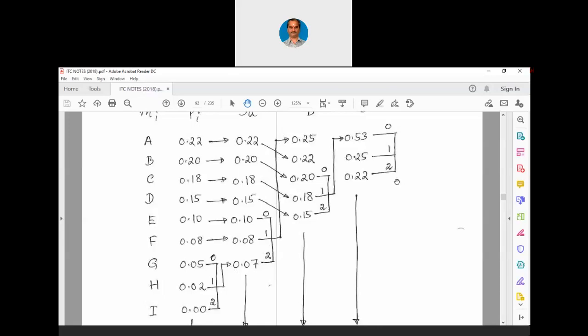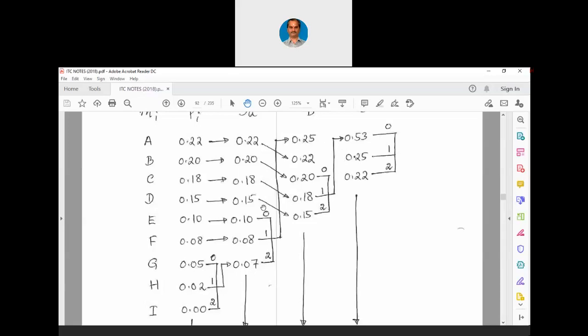We will have to move from right to left now. 0.53 when we move from right to left, we will allocate again 0, 1, 2. 0.25 when we move right to left, we will have 0, 1, 2. Actually, I should have put one arrow mark here. I missed out one arrow mark from 0.25 to 0.25 here. Anyway, when you read these notes, visualize that particular arrow mark between 0.25 to 0.25.